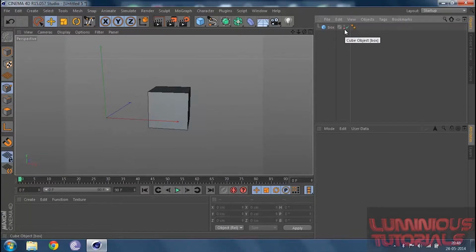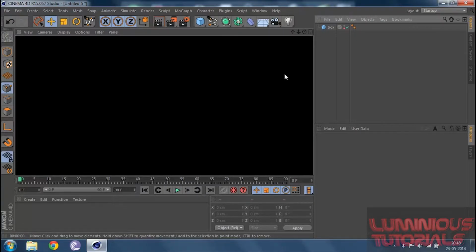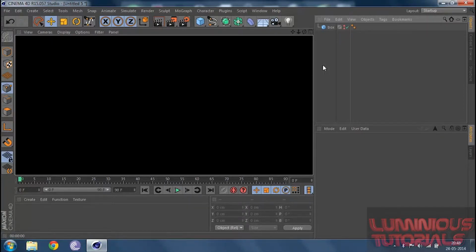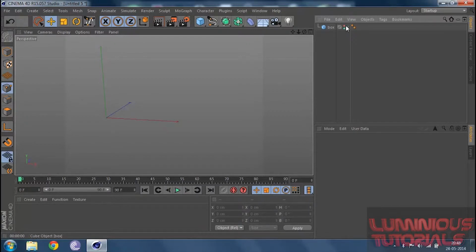If I make the dots red in color, like now, if I make this red, you see I can see this cube in the normal view but not in the rendered view. And if I make this back to normal and I make this red, you see I cannot see the box in the studio, I mean the normal view, but I can see it in render view. And if both of them are selected, I can neither see the box in the studio nor the rendered view. So let's go ahead and deselect them, get them back to the gray color.